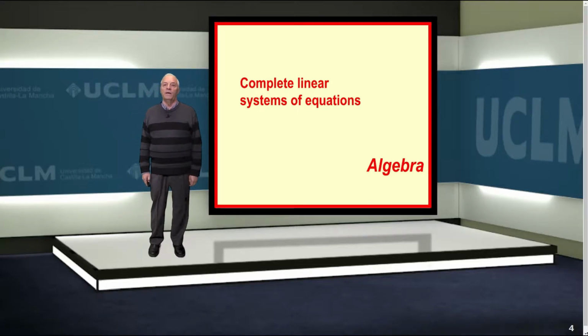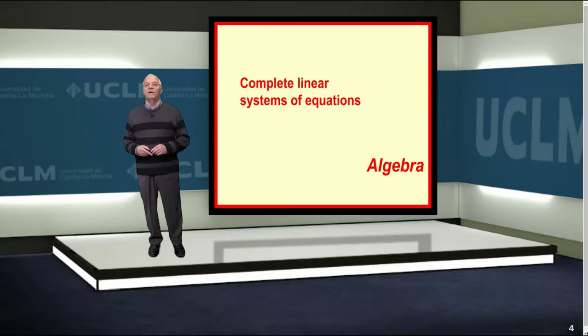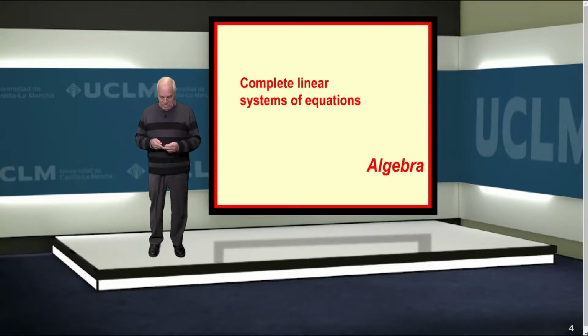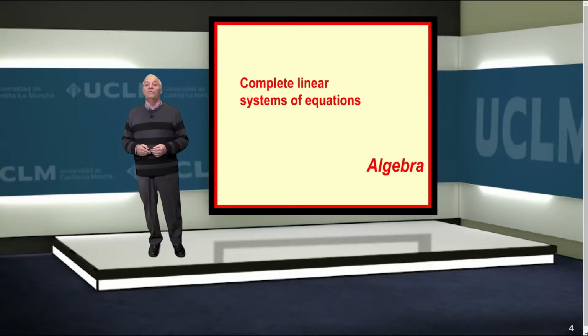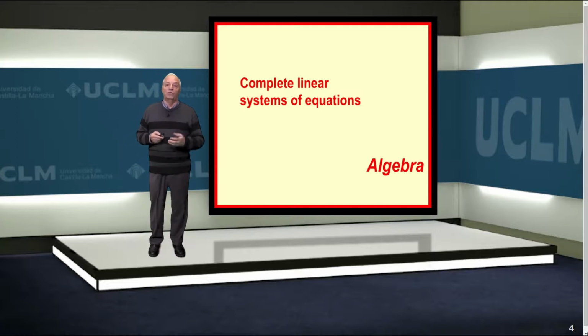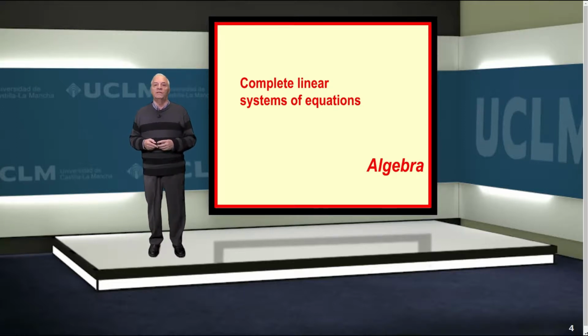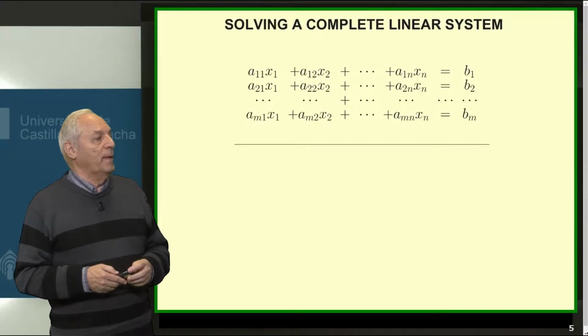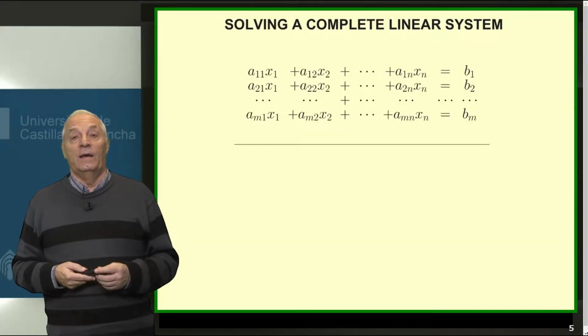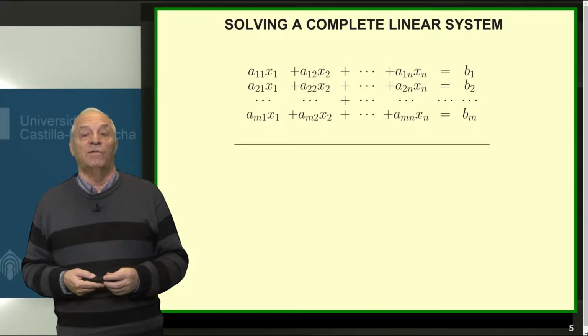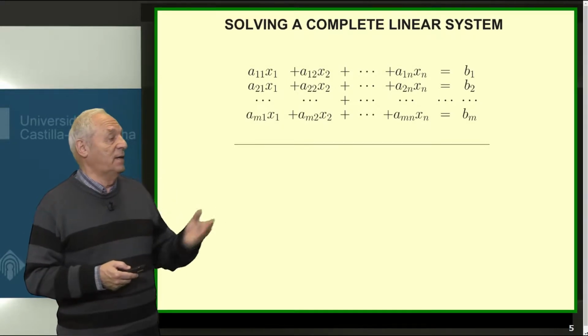In this lesson we see how to solve a complete linear system of equations. To be complete, at least one of the independent terms must be different from zero. The normal way of expressing a complete equation system is the one that you have there, in the transparency, where